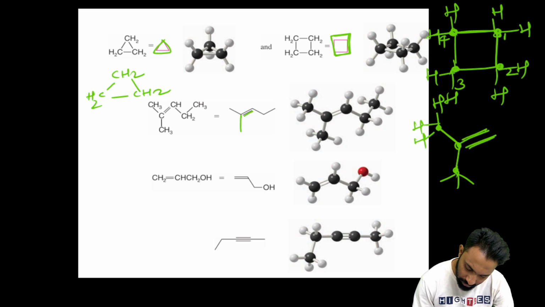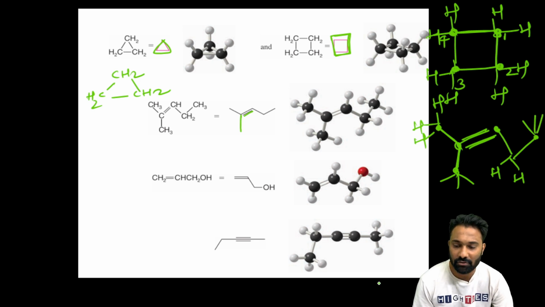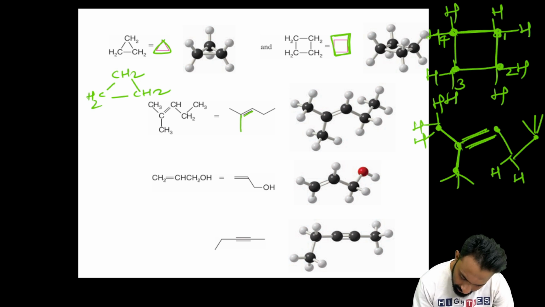1, 2, 3, 4. Next, again this one will be the carbon. Again here it will be the sigma bond. Clear? Again here it will be the 2 hydrogens. Again it will be the methyl. Then again it will be the 3 hydrogens here. Clear? Now this carbon here, 1 bond, 2 bond, 3 bond and another bond will be